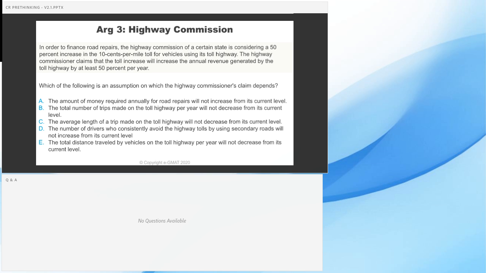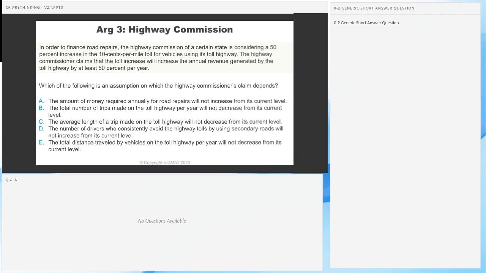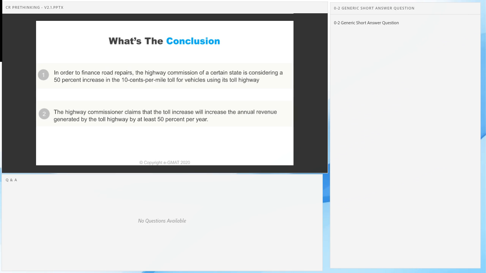Any question where the accuracy is lower than 50% is a hard question. So clearly, this is something that many of you were confused with, although the argument here is fairly simple. So let's see how we'll go about answering this question using pre-thinking. And am I correct? The answer choices messed you up. The argument seemed fine, but the answer choices seemed really complex, right?